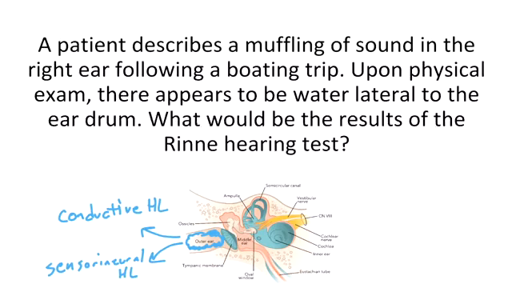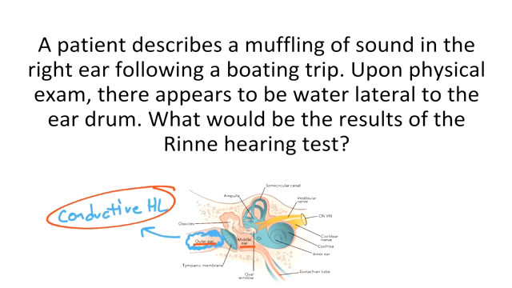We'll recall from previously in our lecture that conductive hearing loss is anything that prevents sound from getting to the cochlea, so any blockage of the outer or middle ear. So we can clearly see that this patient has blockage of the outer ear, so this patient likely has conductive hearing loss. In the Rene test, if the patient has conductive hearing loss, the patient would say the sound is